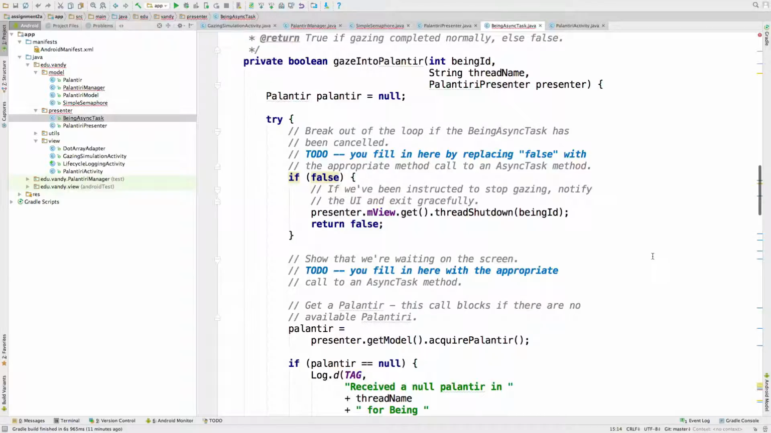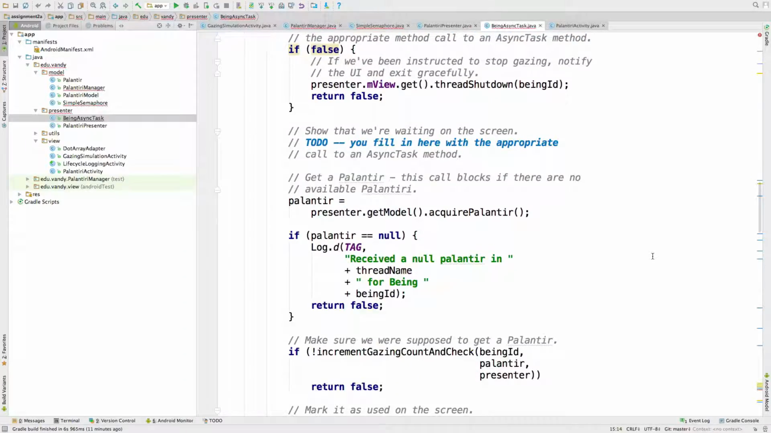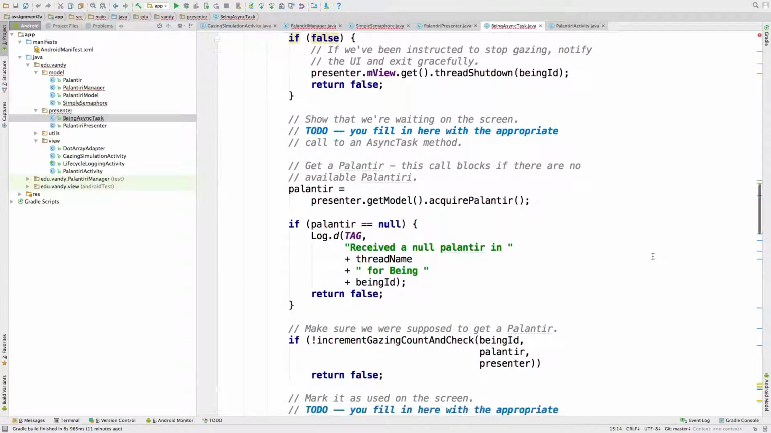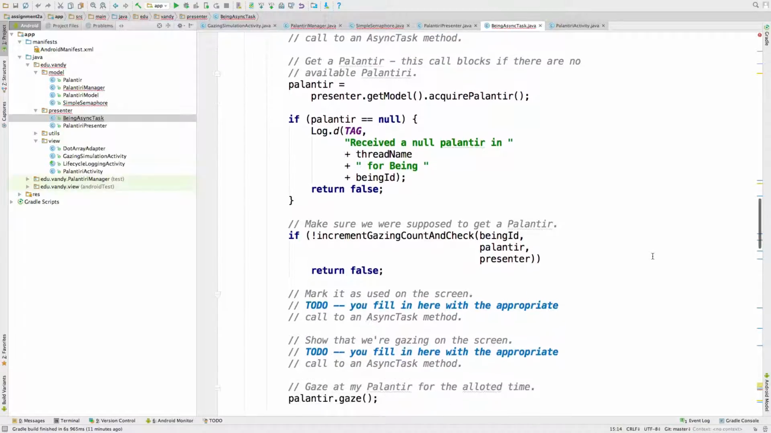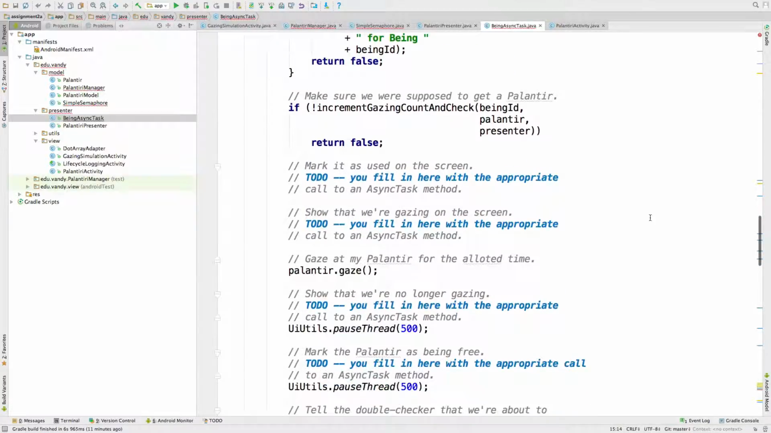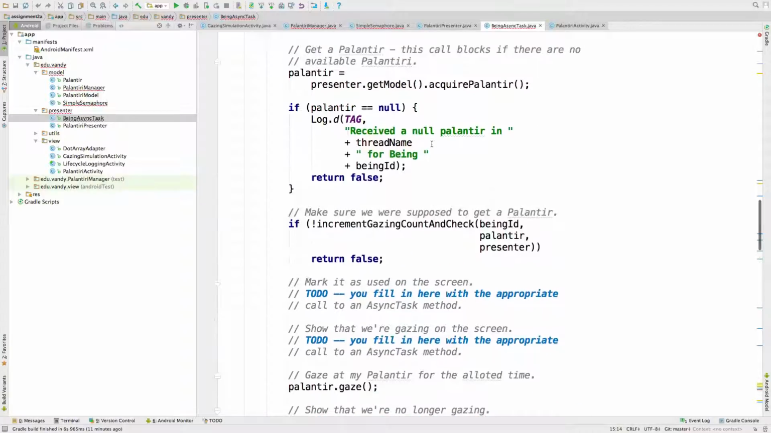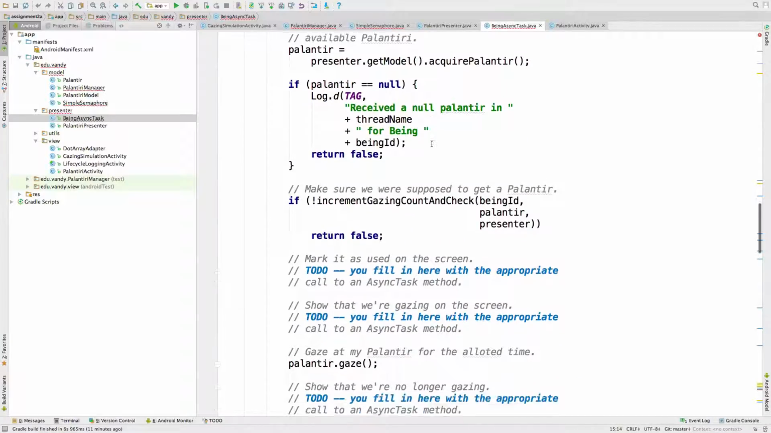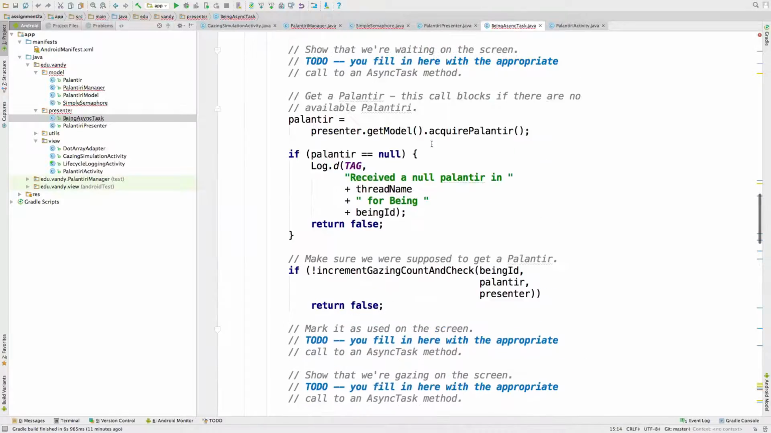It's kind of like being interrupted. There's a special method you have to use for an async task for that, however. And then down here, now we get into the interesting part. So you'll see there's lots of to-do methods here. After you do a sanity check to make sure that you were really supposed to get a Palantir, what you're going to have to do here is go ahead and